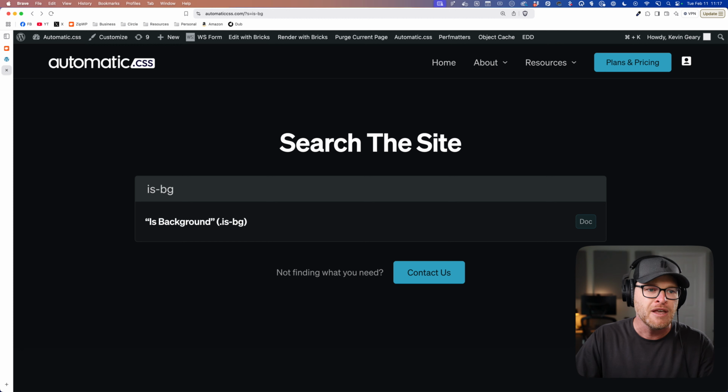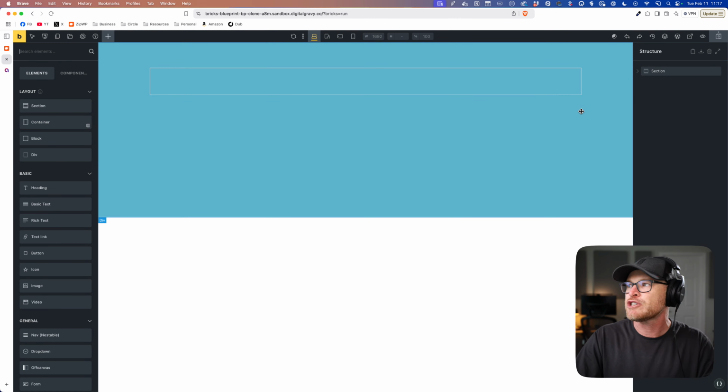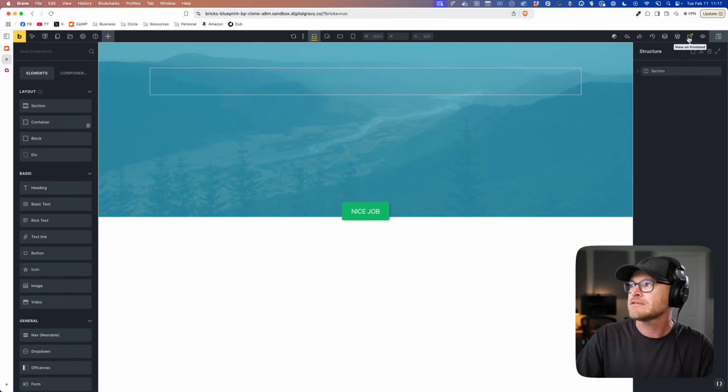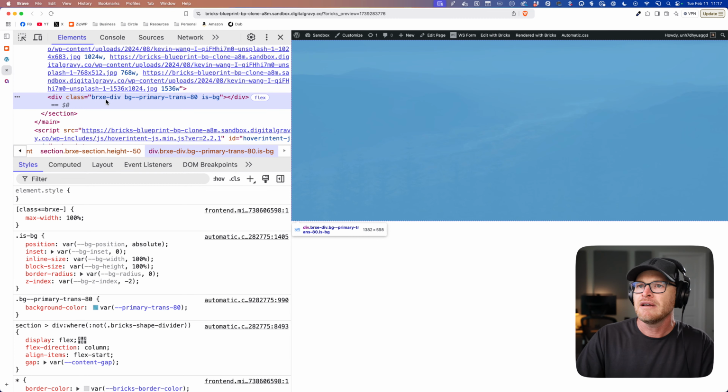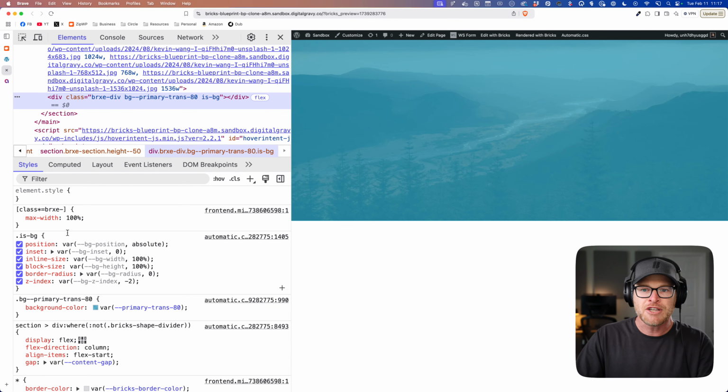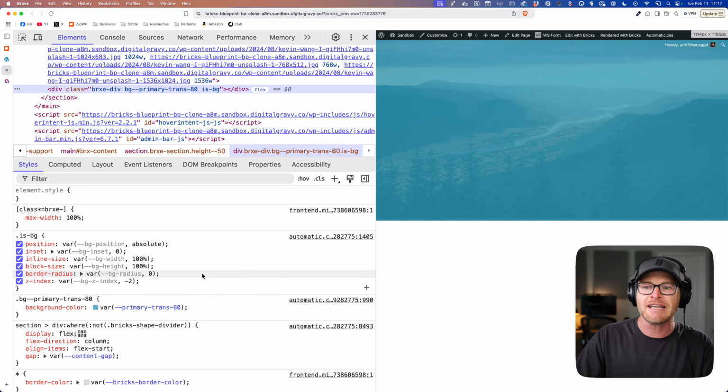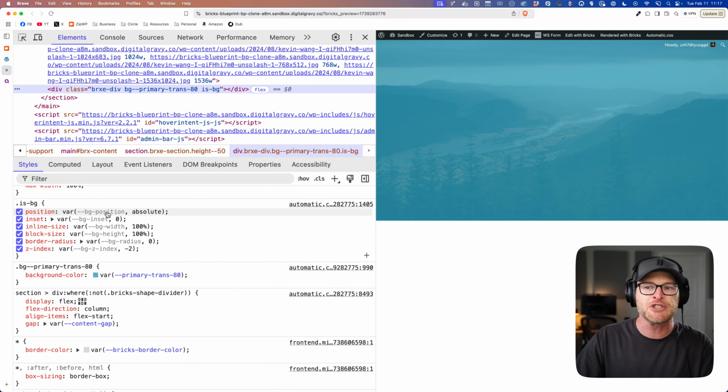Can you control the Z index afterwards? That's a good question. Okay, let's take a look. We're gonna go in here and inspect. We have the div right here. Everything in Automatic CSS as a principle is pretty much tokenized.